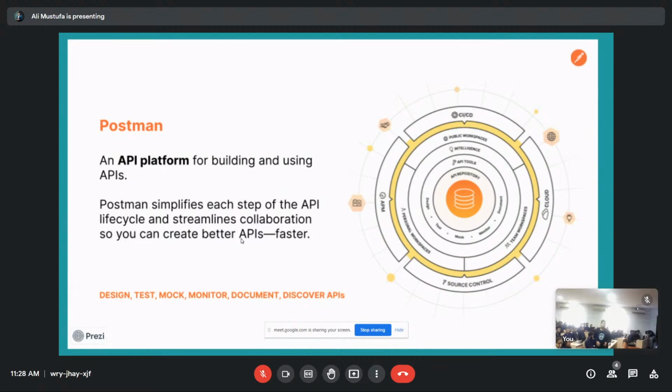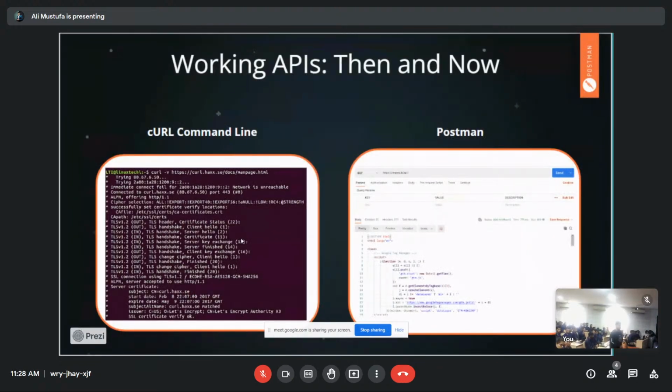2 reasons. Number 1, when you are starting your own developer journey, obviously you will start with curl commands. Okay, sending a request, receiving a response, and understanding how APIs work. But then you will quickly get fed up with it because you cannot share these results. You cannot analyze those results, and it's just a headache. And that's how actually Postman was born. Okay, Postman was born because of this particular problem that when you are using curl commands, it is not going to help you with a lot more information than what you need. Okay, you need a better way to interact with APIs, and that's how Postman was basically born in the very first place. So that's one reason.